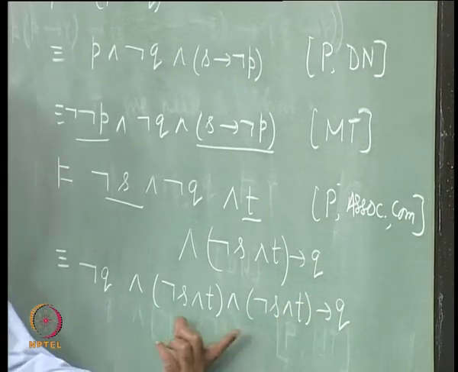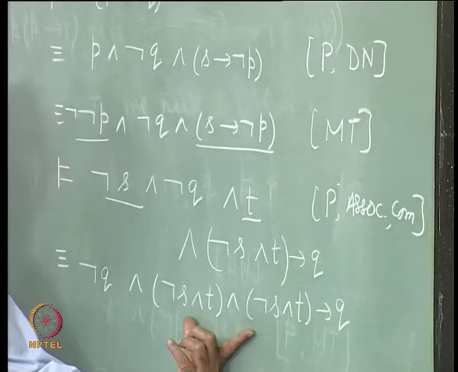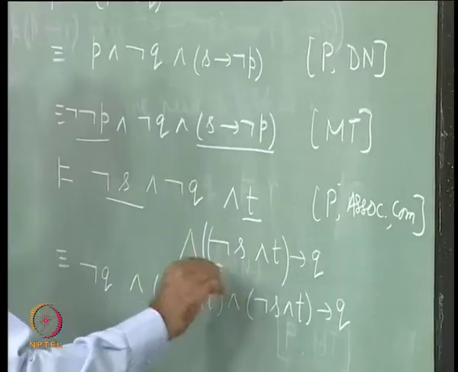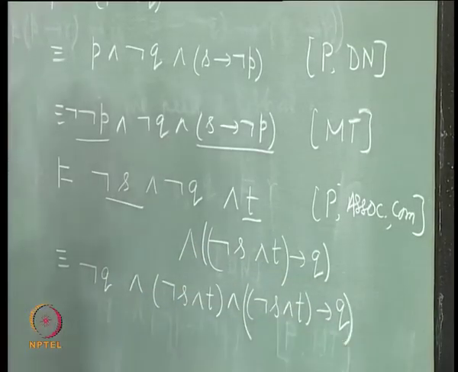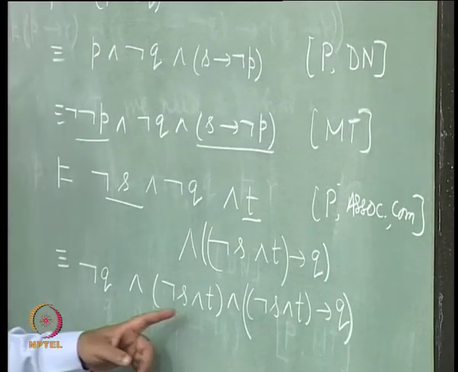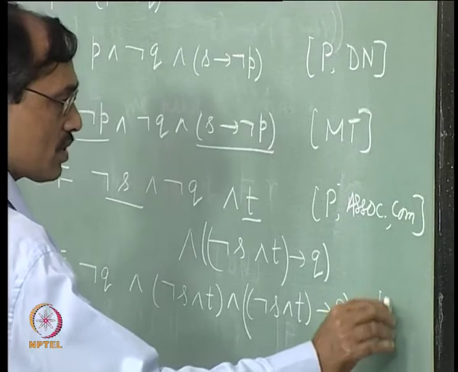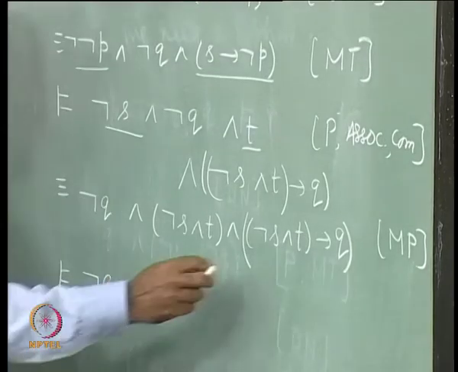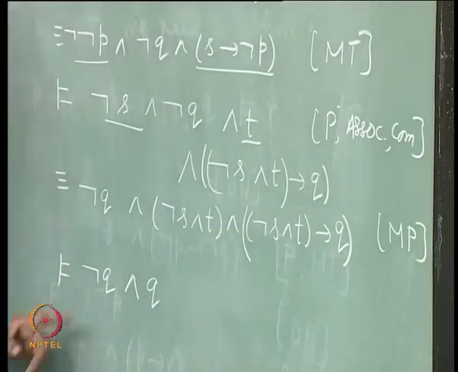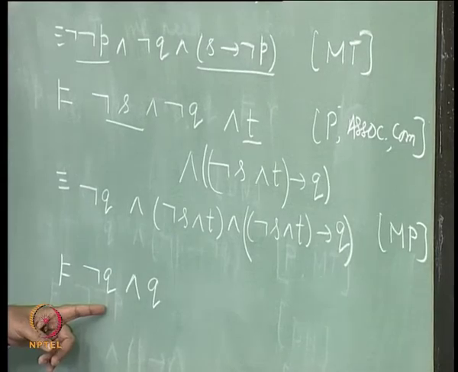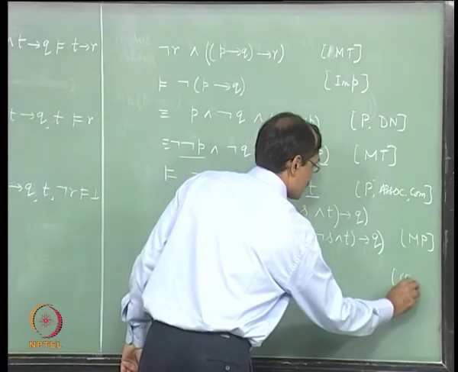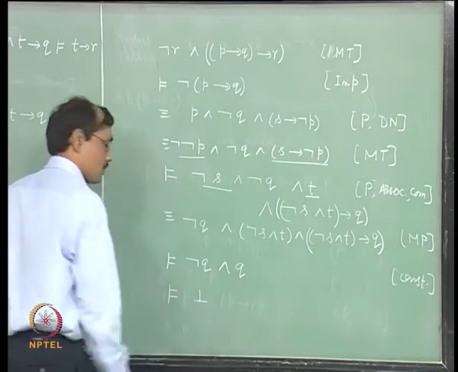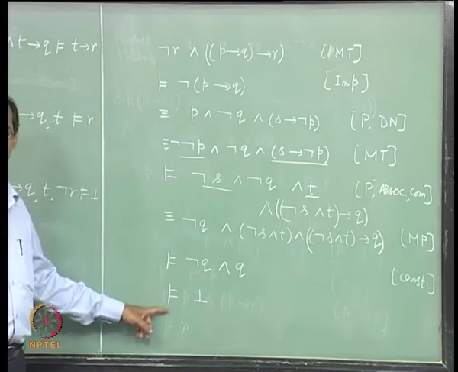Right. So next we want to use modus ponens, X and X implies Y, there should be a bracket here because of precedence rules. So then we have modus ponens which entails not Q as it is and Q. Now you see it is coming of help. So this is the law of constants that gives bottom. In fact, it is equivalent to bottom.